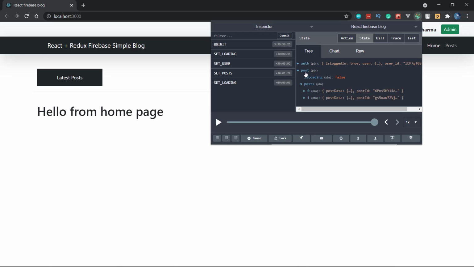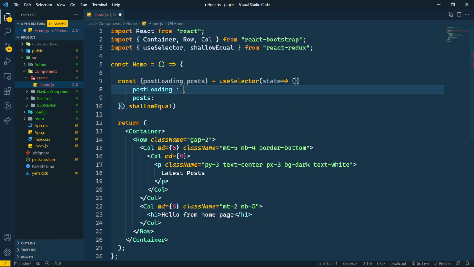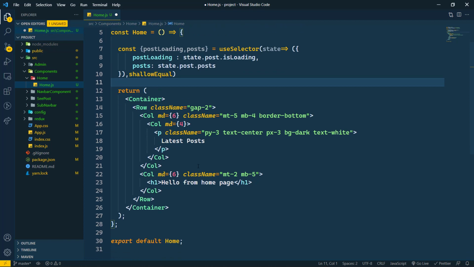It will be state.post.isLoading, and then state.post.posts here.